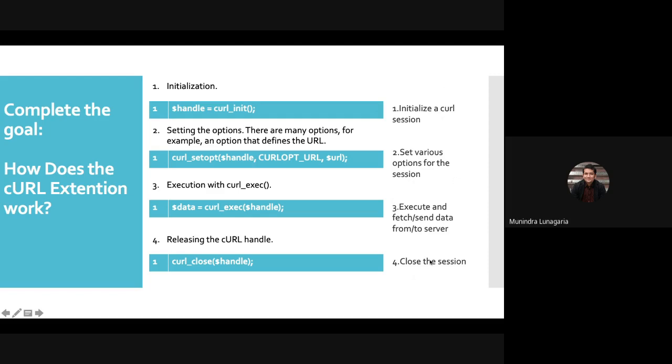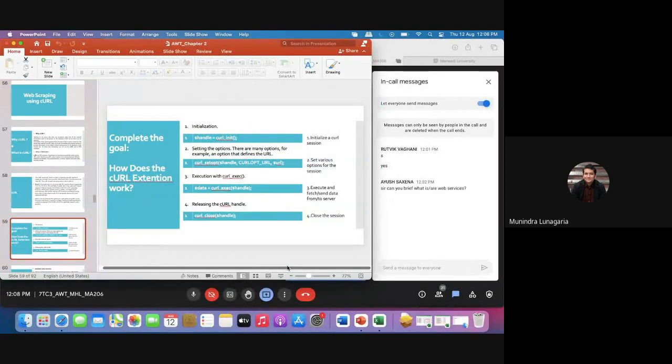If they ask with an example, then you need to write everything. I'm coming to that point. Is the screenshot done?